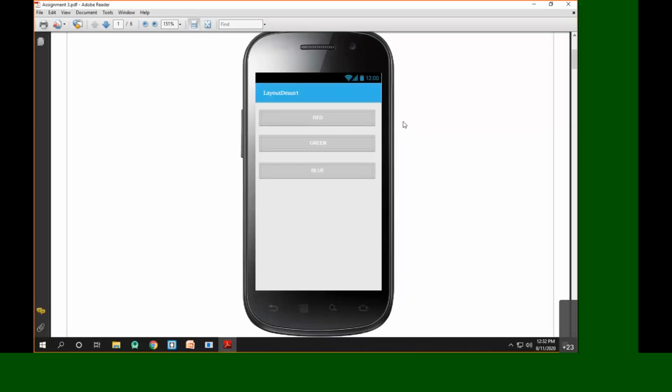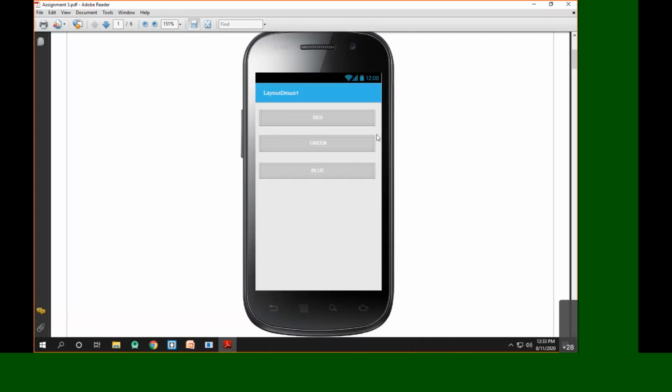Now we saw the different types of layouts such as linear layout, then relative layout, then we also saw the table layout, then we saw a constraint layout. After that we saw a frame layout. Now based on these layouts, we'll be solving some of the problems. Similar kinds of problems you are going to have in your assignments. So let's try to solve some of the problems.